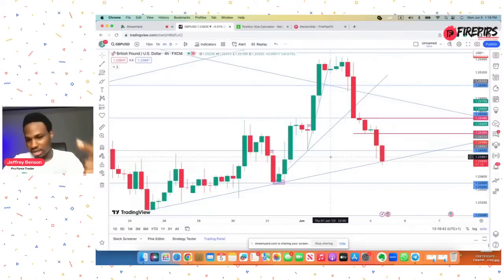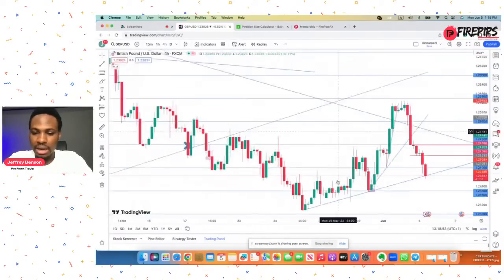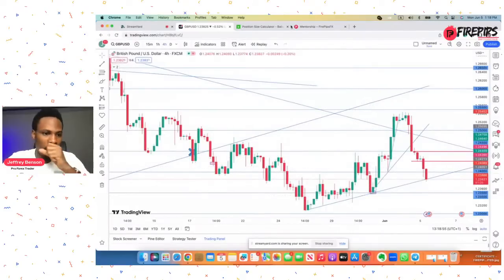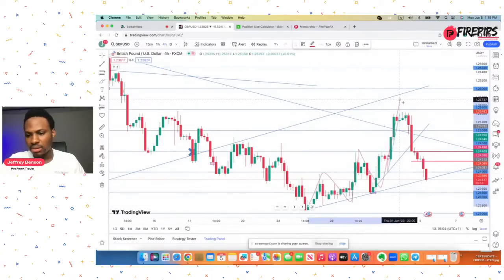The strategy is still psychological levels, high and low of the week, trend lines, and chart patterns, and also putting structure in view from all perspectives. So since we've had an impulse corrected here, sorry about that, we had an impulsive move, we corrected, we had another impulse, corrected, impulse, right? Now the thing is the correction.